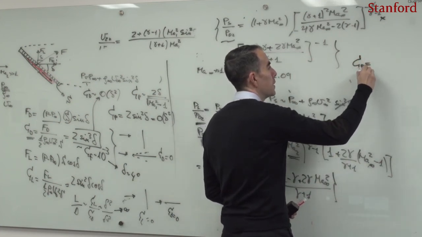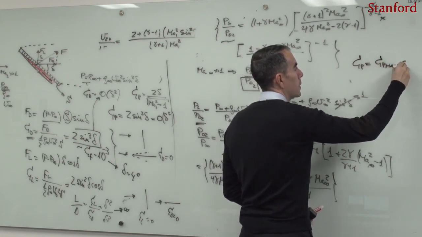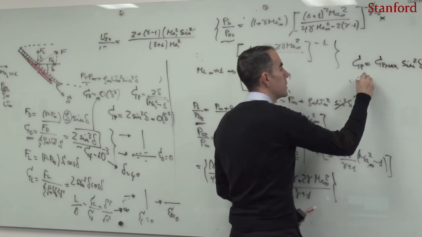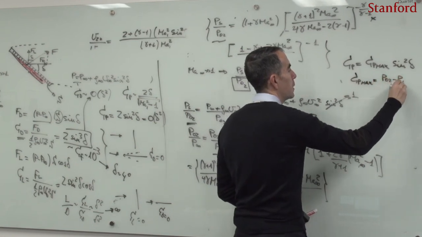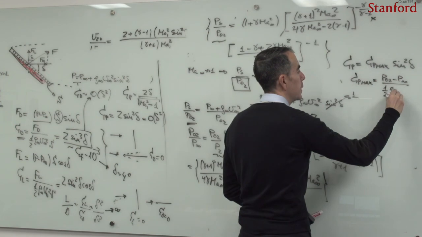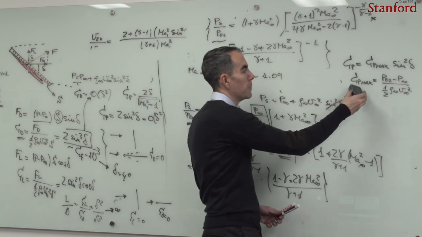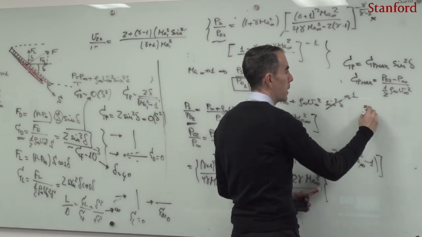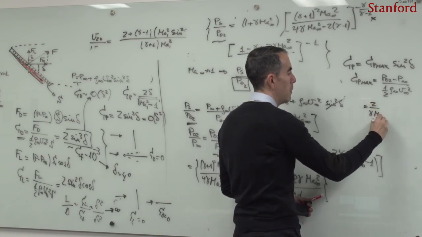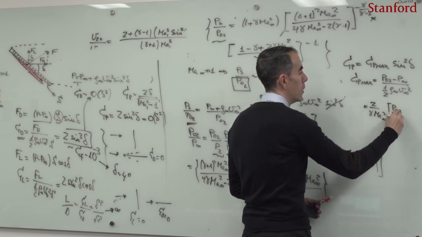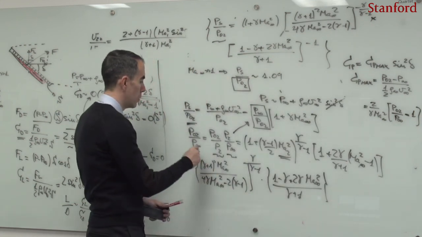and saying that the pressure coefficient is equal to Cp maximum multiplied by the sine squared of delta, where this Cp maximum is equal to (PO2 minus P infinity) divided by 1/2 rho infinity U infinity squared. One can obtain an expression for the Cp maximum, which is equal to 2 divided by (gamma Mach infinity squared) multiplied by (PO2 divided by P infinity minus 1). I just derived this ratio PO2 over P infinity.